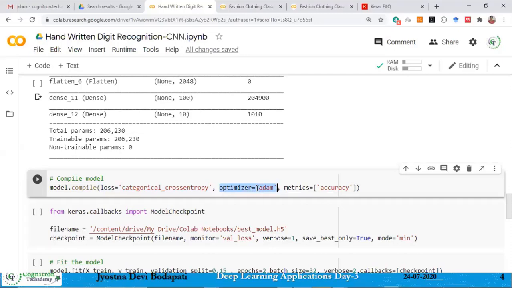I already explained yesterday the different optimization algorithms you can use: gradient descent, stochastic gradient, momentum, ADAM, ADAGRAD, RMSprop. You can use any of them.